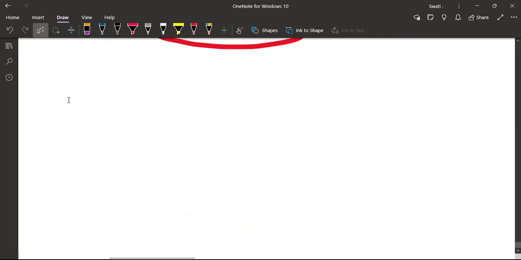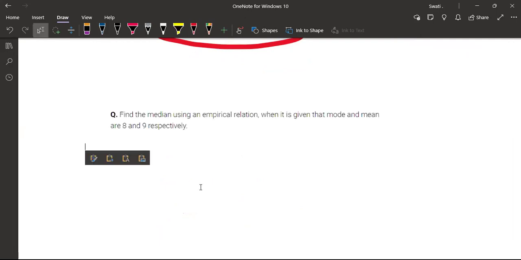अभी जो नेक्स्ट क्वेश्चन है दिस इज वेरी इंपॉर्टेंट एंड दिस इज फ्रॉम स्टैटिस्टिक्स ओनली. ठीक है. बट ये क्वेश्चन मैं इसलिए ले रही हूँ बिकॉज ये फॉर्मूला बेस्ड क्वेश्चन है और आप मानिए अभी ये लिख लो, ओके। यहाँ पे लिखा हुआ ऑलरेडी, फाइंड द मीडियन यूजिंग एन एम्पेरिकल रिलेशन। सो ये जो एम्पेरिकल रिलेशन है, इसको एक और नेम से, यू नो, लाइक वी कॉल इट, व्हिच इज कॉल्ड एम्पेरिकल फॉर्मूला।